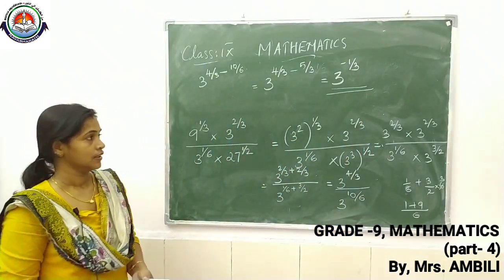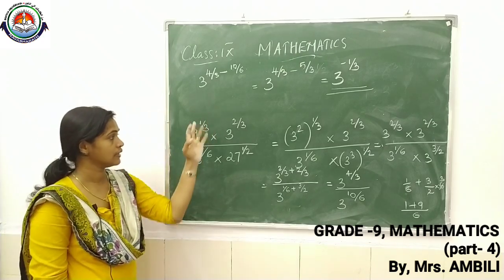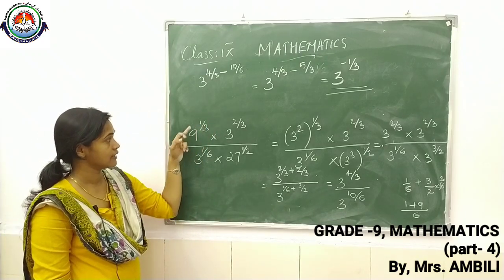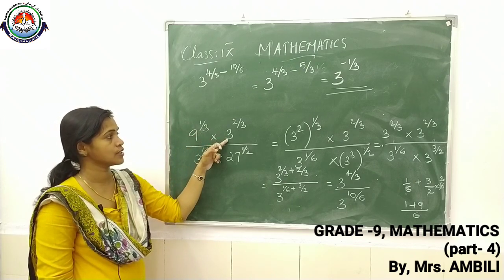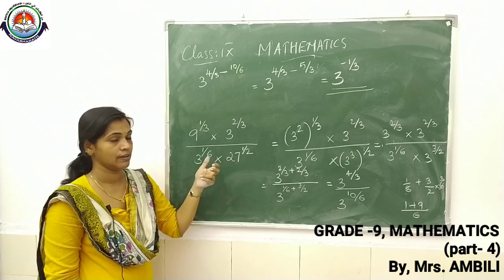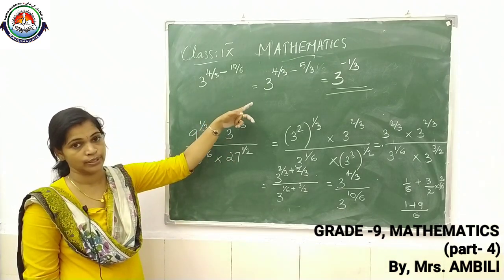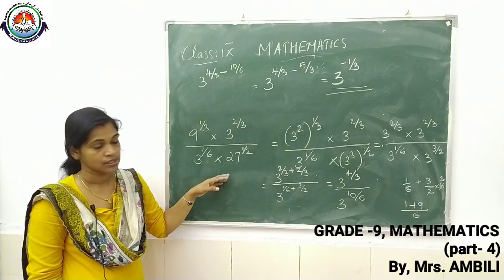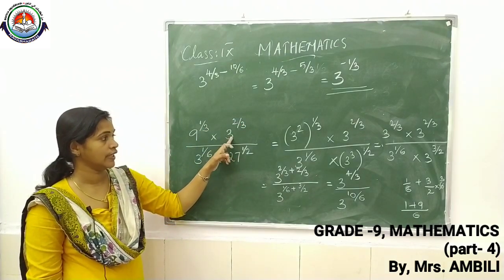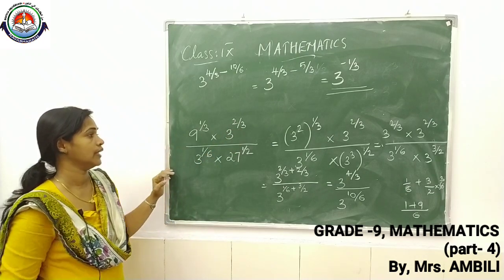Okay. Listen, I will explain once more. So, our question we changed as 9 raised to 1 by 3 into 3 raised to 2 by 3 by 3 raised to 1 by 6 into 27 raised to 1 by 2. Okay. In the question it is 27 raised to minus 1 by 2, that we changed to here. So, sign changed. This also we took up. So, 3 raised to 2 by 3. Up to here you understood? Okay. Then